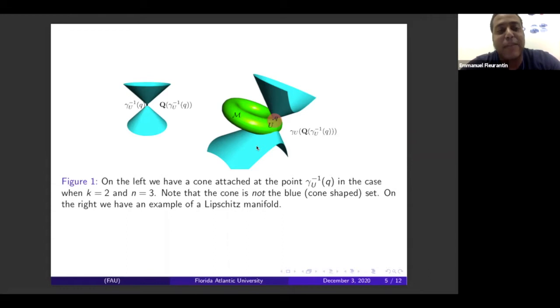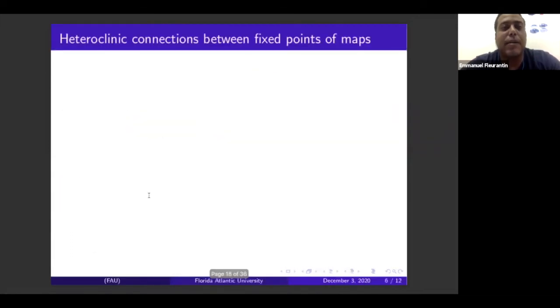And here we have an example of a Lipschitz manifold. In our case, since we're looking at two-dimensional tori, k is 2 and n is equal to 3. Okay, so in our next methods, we need to do a few things. We need to establish an attracting neighborhood for which the trajectories converge to a stable focus that we have. We need to establish a bound on the unstable manifold of the hyperbolic fixed point. And finally, we need to propagate the unstable manifold by our map.